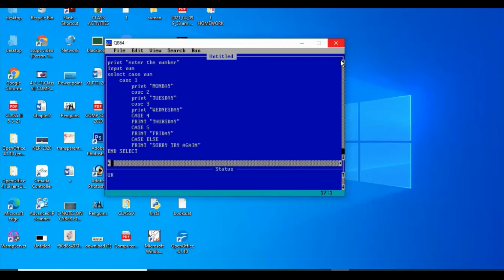What is the use of control statements? Beta, this is the first question. What is the use of control statements?